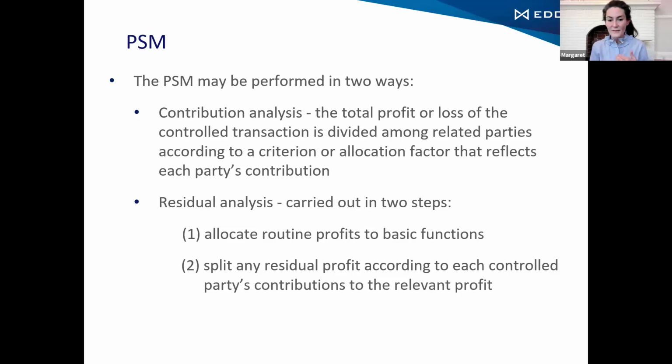The same thing if you have basic distribution activity. You carve it out, and then whatever you're left with, you split. And you split that leftover, or that residual profit, based on allocation keys. And the allocation keys are completely 100% every time arbitrary. You can say, I picked this allocation key because of these facts and these circumstances, but for every allocation key I can pick, a tax authority can pick a different one. So it's that split of the residual, which is often the majority of the profit.